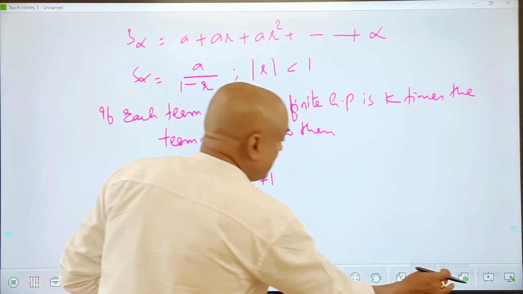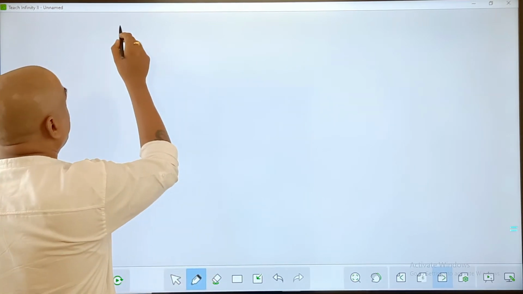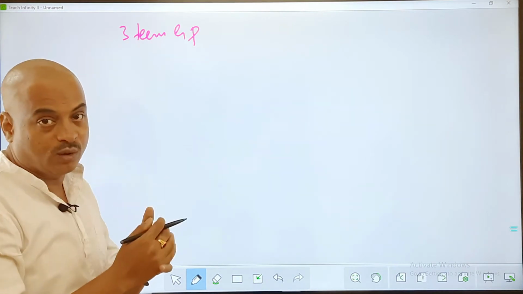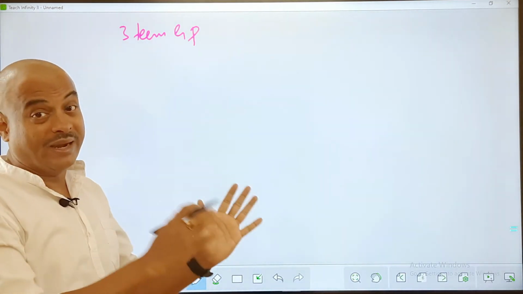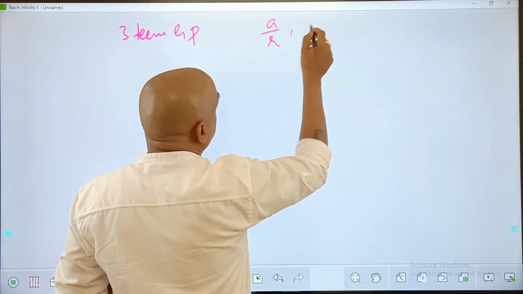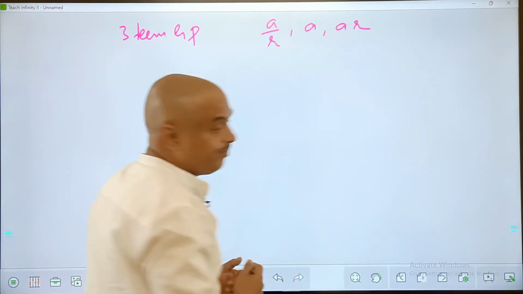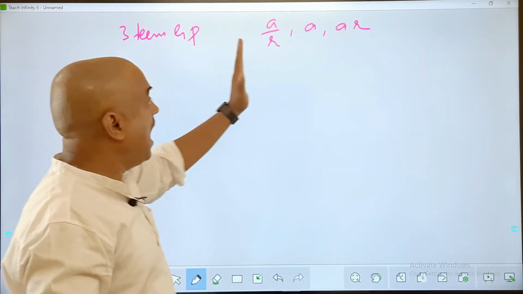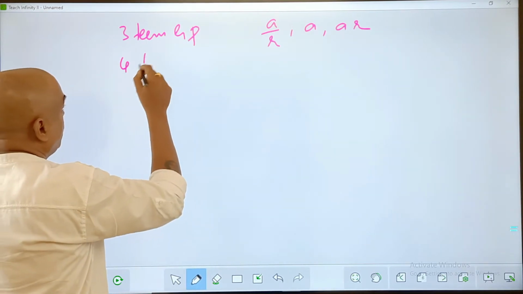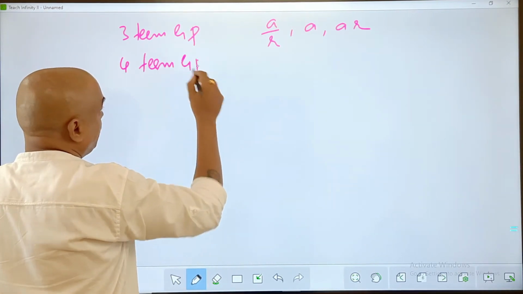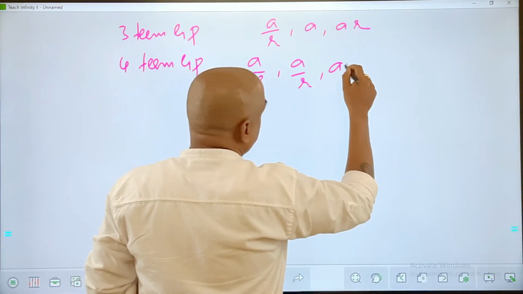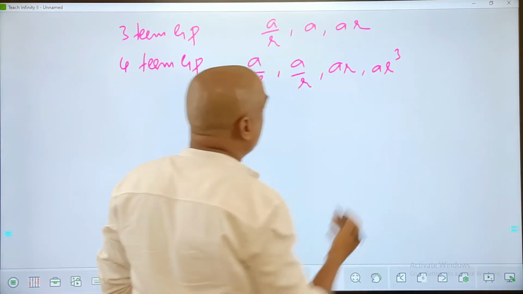Okay. So now let us see what to take when I say three terms in geometric progression. If you remember, a similar point we made in arithmetic also. Three terms in arithmetic was A minus D, A, A plus D. Here it will be A by R, A and AR. If you multiply these, what happens? R and R get cancelled, and I get the value for A. Similarly, four terms in geometric progression, then it is A by R cube, A by R, AR and AR cube is what I get here.